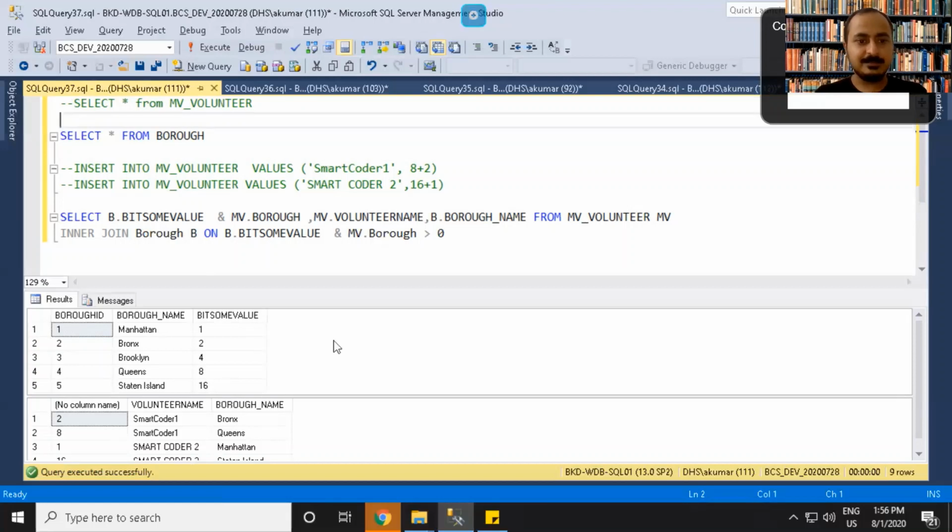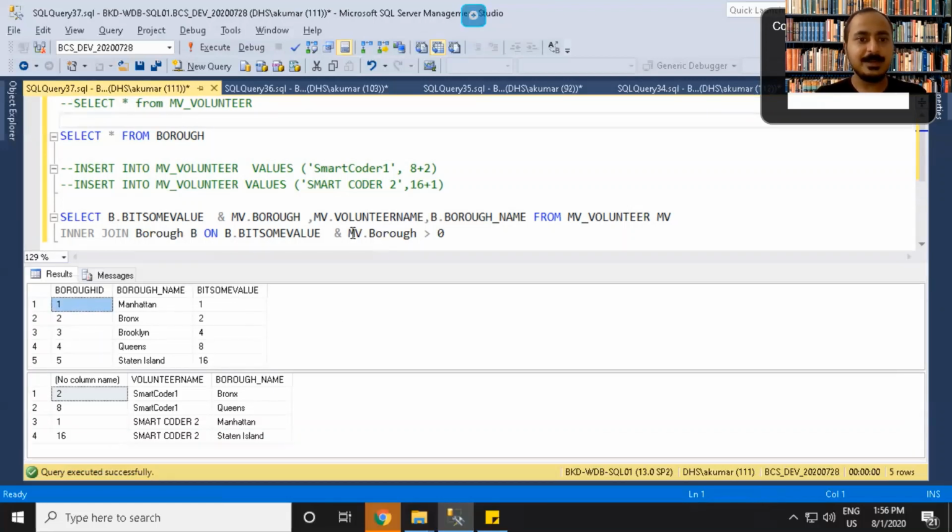Whatever the bit sum value, you will get the bit sum value in the first column because of this ampersand or bitwise AND operator. So if you store any value, here for the first user, we stored 8 plus 2. So 8 is Queens, which you can see for smart coder 1, Queens 8, and the 2 is Bronx. So you will see smart coder 1 is Bronx with value 2 as well.